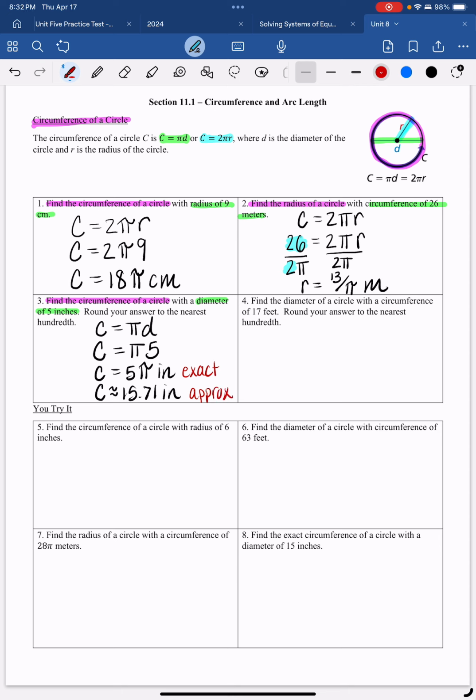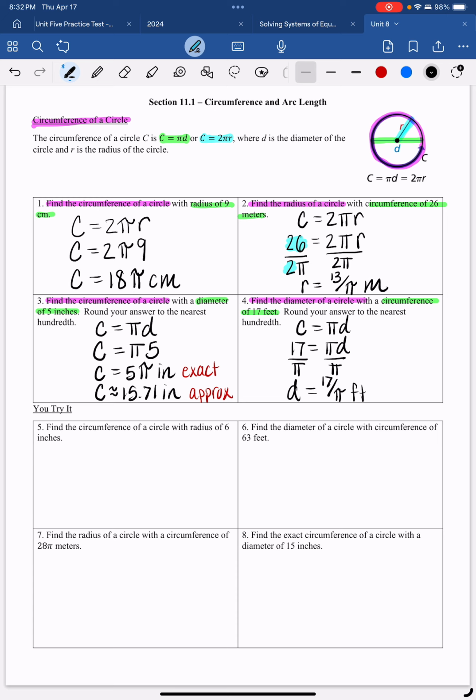Okay, one more example here. We need to find the diameter of a circle, and this circle has a circumference of 17 feet. So since we need to find the diameter, we're going to use circumference equals pi d. This time we know the circumference to be 17, so we'll set 17 equal to pi times diameter. To solve for diameter, we're going to divide by pi. So our exact answer would be diameter equals 17 over pi, and then our units would be